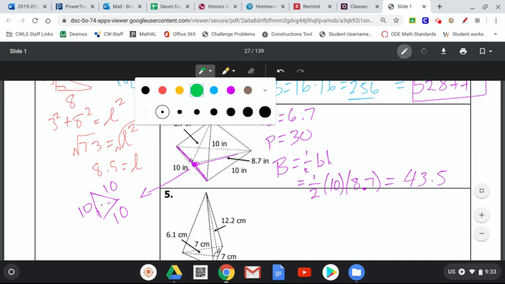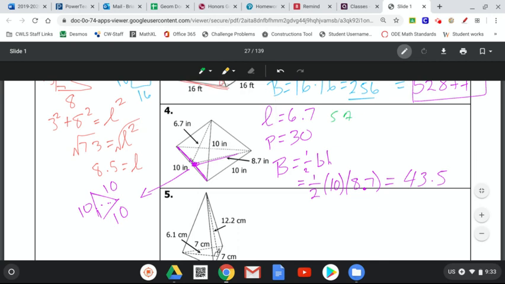So finding the surface area, it's going to be 1/2 L times P, which is 6.7 times 30, and we add the 43.5. So when we plug that into our calculator, we should get